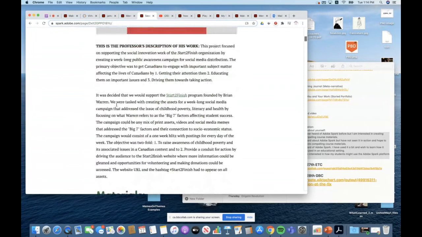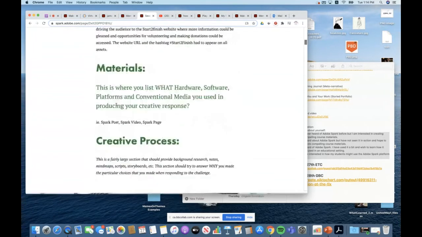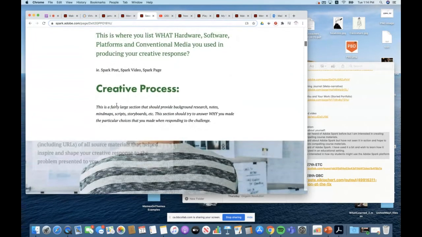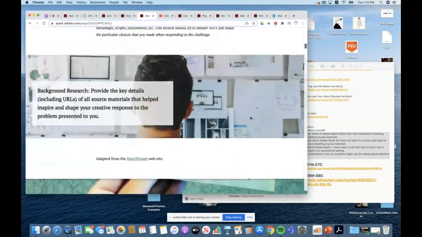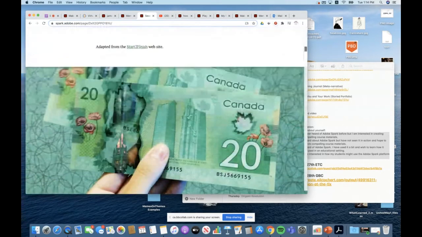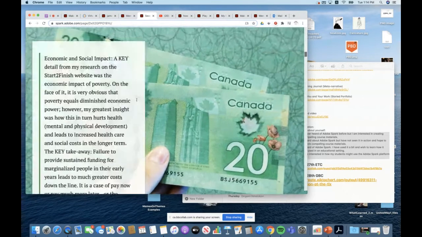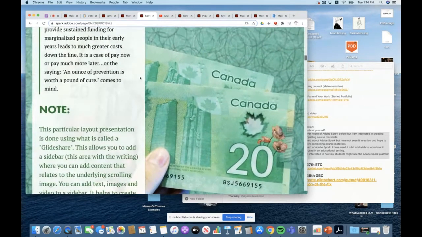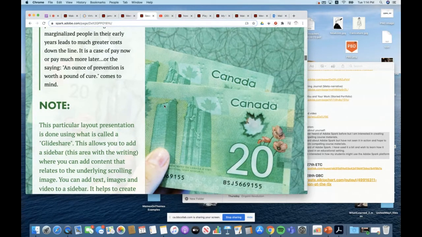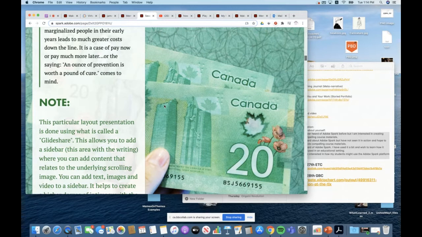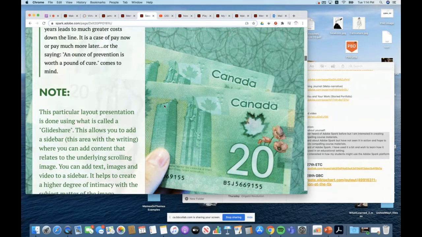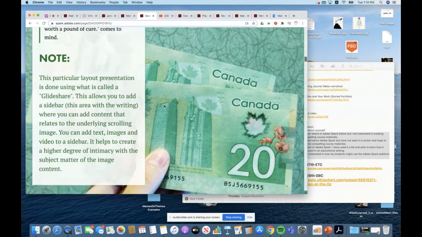And I typically would give them something like this for each major project and talk about each section and what it is I want them to document in there. And this was a project we did with a not-for-profit group called Start to Finish. And they promote childhood literacy, support for meal programs, backpack programs, and so on and so forth.